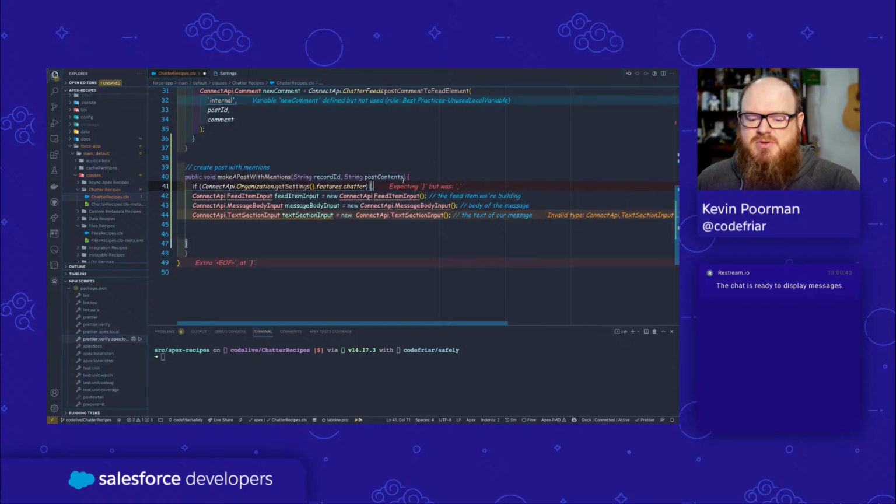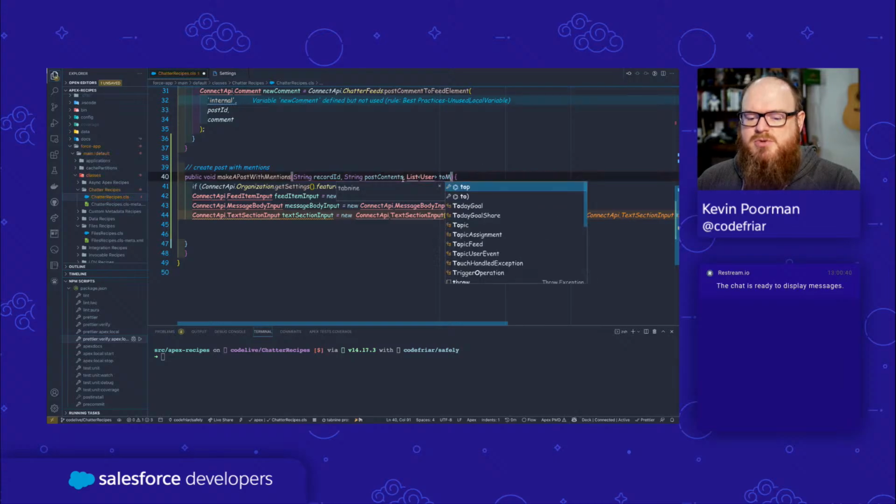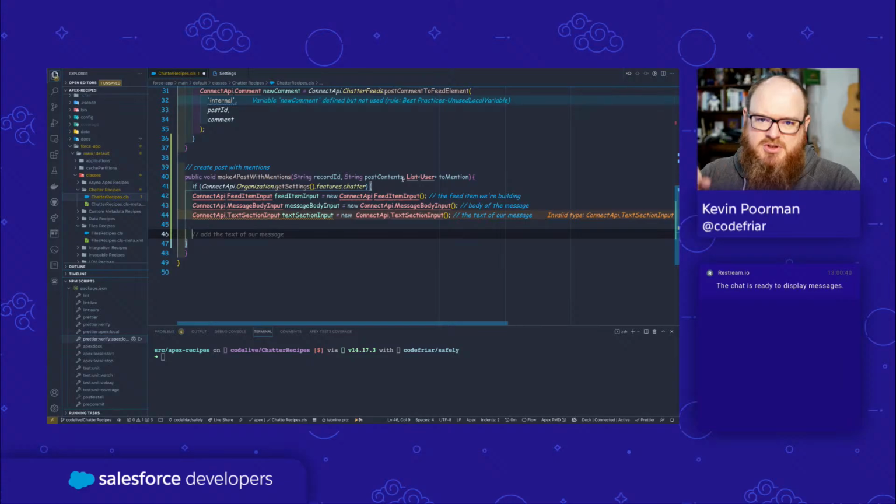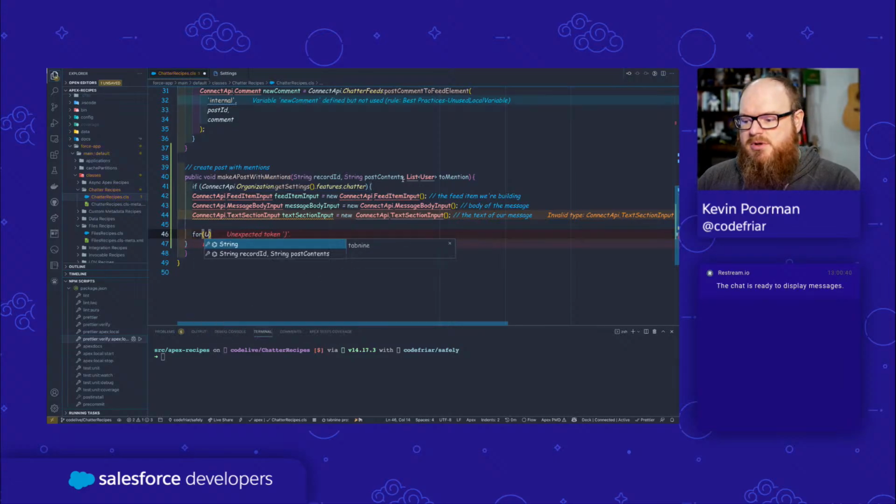Now let's also do up here, we're going to go in and do a list of users, and we'll say user, and we'll call this one to mention. Okay. Now I want to go in here and loop over our users and add them to the @mention list. So to do that, I'm just going to do a for loop for user